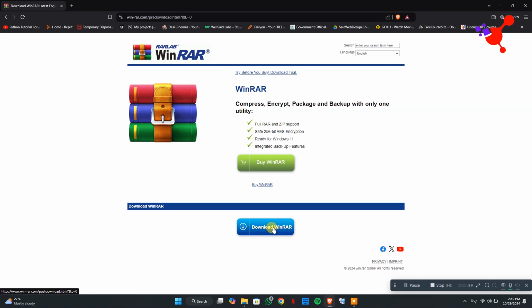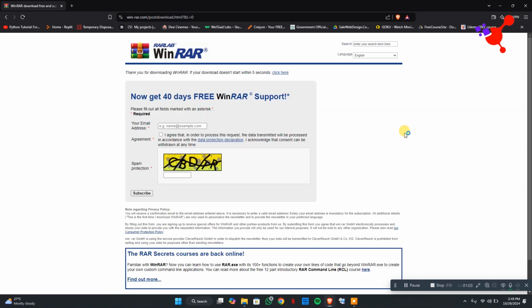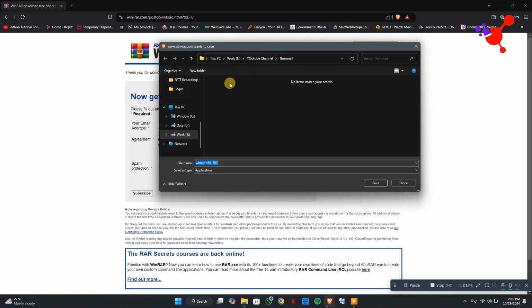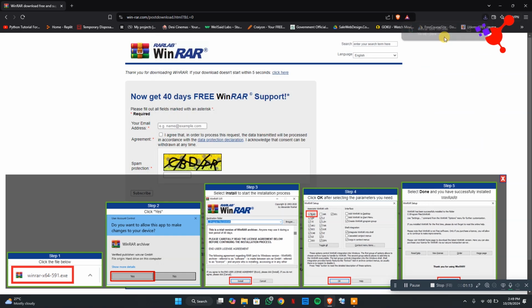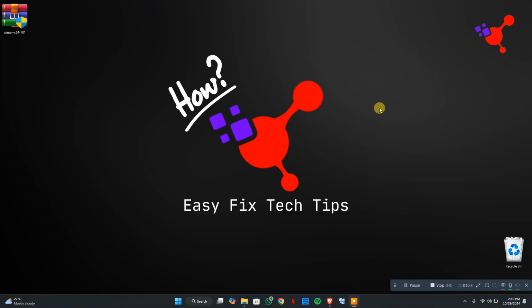After that, you have to click on that download. Then it will ask the location where you want to download. In my case, I want to download it on the desktop, so I will save it here, and then you can see the software is downloaded. So in the next video I will tell you how you can install it without any cost, without